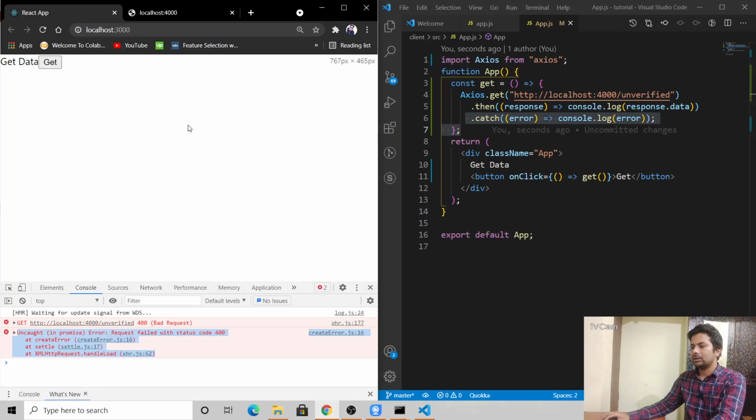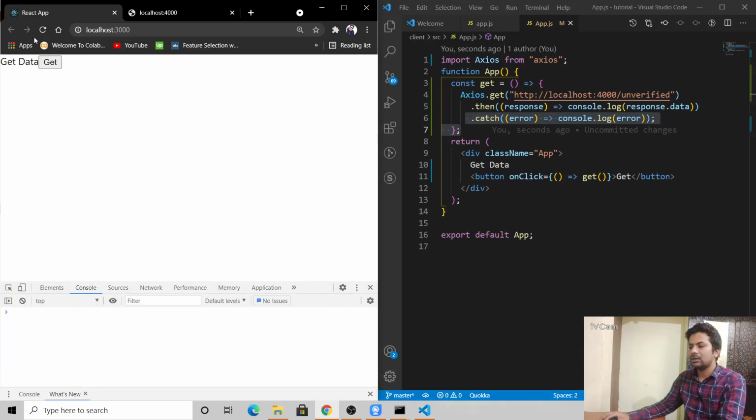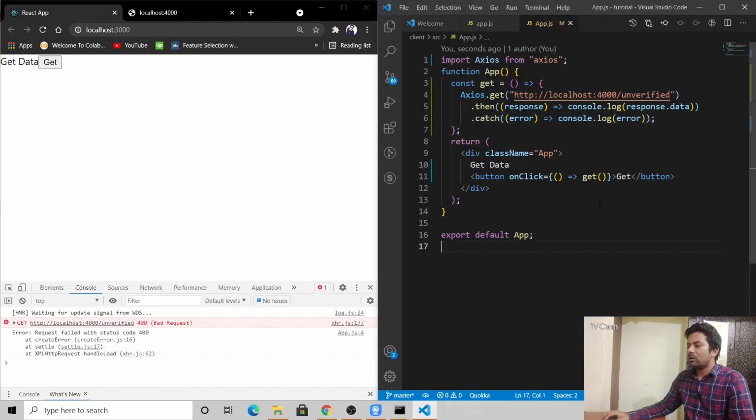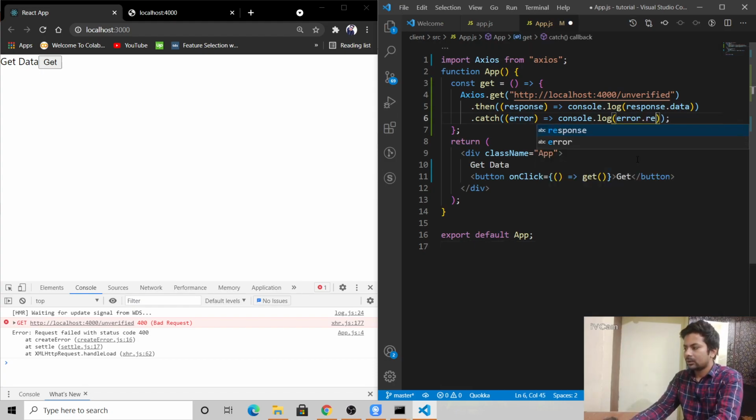Now let's see what's happening if we refresh my page. Now I'll say get. See, it's not throwing a React.js error, it's a normal error, as I am also printing it, and it's saying get to unverified, you can't get there. But I want that data, so I will say error dot response. Now see what response I'm getting.